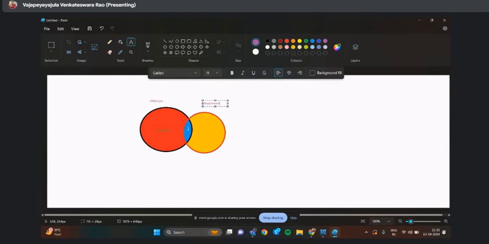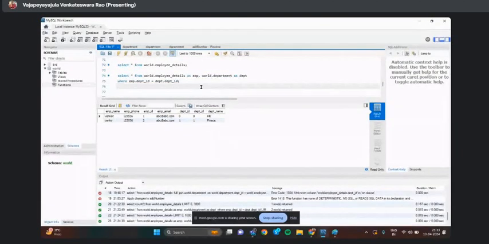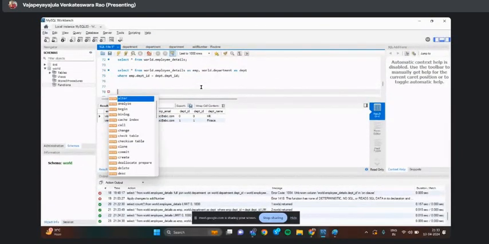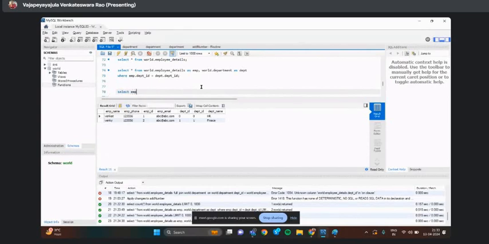If anybody has any questions, you can stop me and ask. Because I want you to be clear, when you visualize, you should see this diagram and say whether you need to write the left join or the right join. Now we will go and write this query. Select employee_name, department_name from world.employee_details as EMP, left join